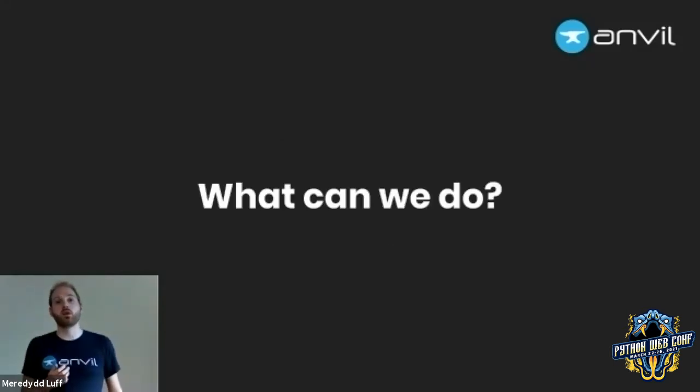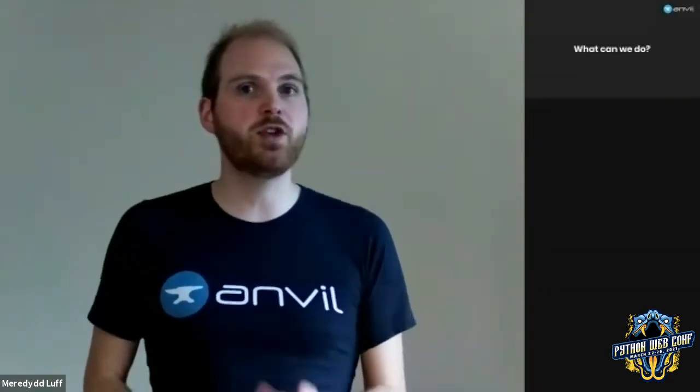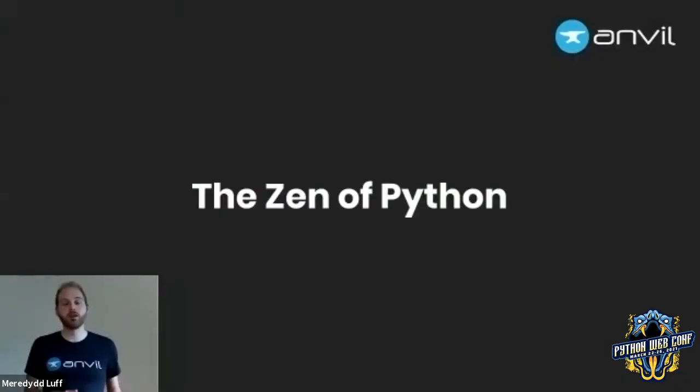So what can we do when an abstraction leaks? There are many pieces of advice. This is essentially a design question in software. What can we do to avoid our abstractions leaking, to make them more pleasant when they leak? But I think some of the best advice is in a possibly unusual place. It's PEP 20, the Zen of Python. If you're not familiar with it, this is a set of sayings among the Python community.